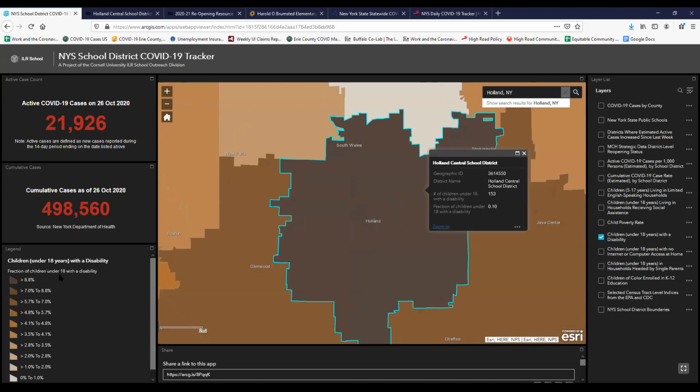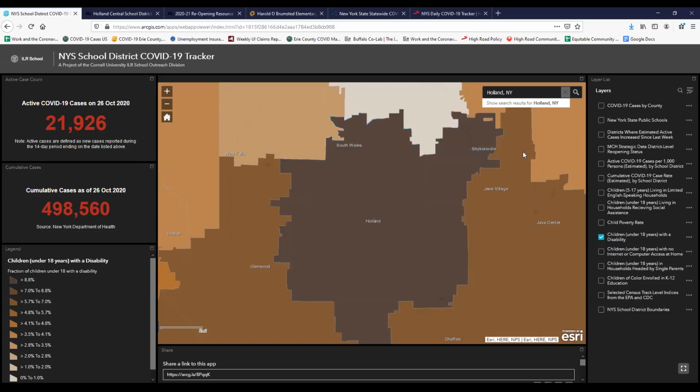And so this is a subpopulation that would require very specific and careful attention if a school district is planning for potentially another shutdown. How would students with disabilities be accommodated in such a situation? Because such students do constitute a large fraction, relatively speaking, of children inside of the school district. And so again, the tool's purpose is just to bring a lot of this information together in one location to ask questions like these and to be able to have answers ready